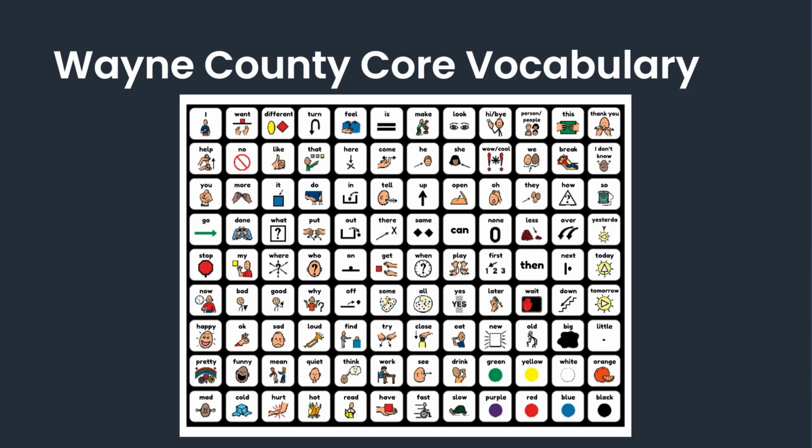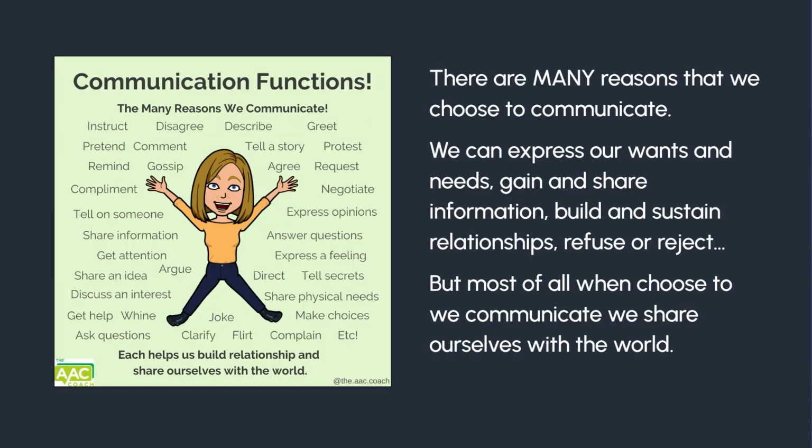So that's why I'm just saying it's a Tier 1 support. This is not something that a student has to master before we give them access to something more robust. With those robust systems, it allows us to communicate for many more purposes, such as whining or joking around, right? And there's so many different reasons that we communicate, such as flirting or disagreeing or greeting people, expressing their